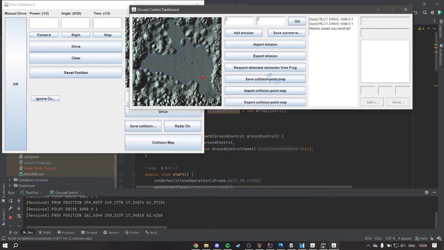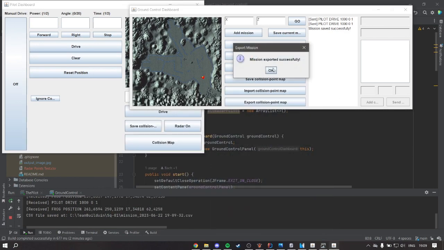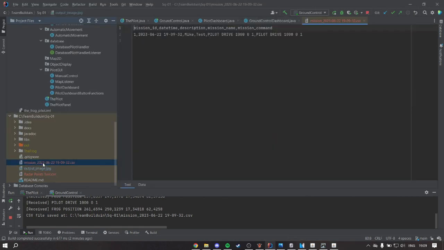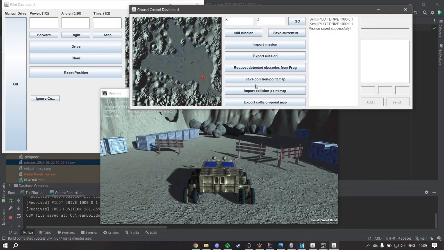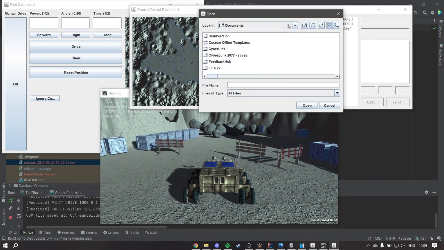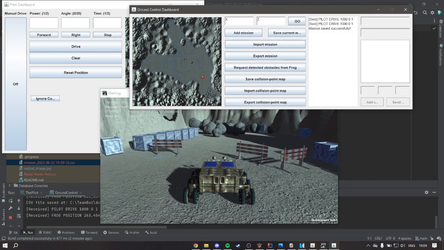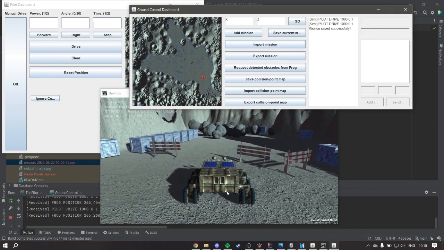So if you press export mission, it says mission exported successfully, and here in the console you can see that the CSV file was saved. The CSV file basically looks like this. It's the same as in the database. So I'm going to use the mission to import it. First you need to find it. Okay, now I have found it. Here's the mission. I'm just going to press open, and as you can see,